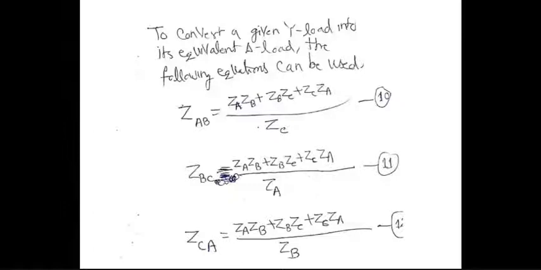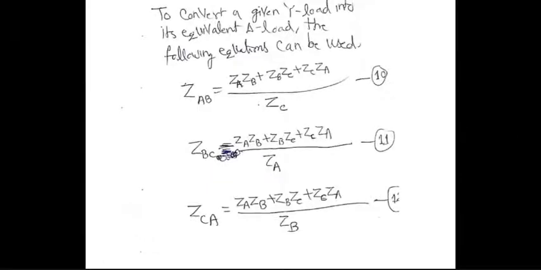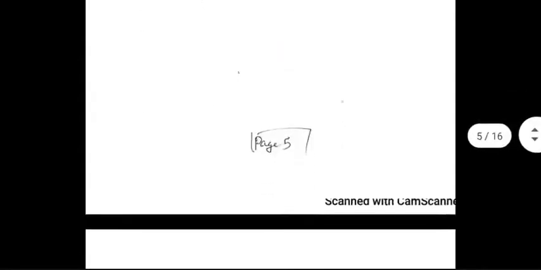Here also you see numerator is identical in all the three cases, but denominator has the impedance which is logically determined somehow. If you want to calculate ZAB, the denominator has ZC. If you are calculating ZBC, denominator has ZA. And if you are calculating ZCA, denominator has ZB. But I'll make sure you have access to these formulas in the exams and quizzes, etc. Because I know in the panic when you're going through an exam, you may forget the logic. It's better to have the correct formulas in front of you.